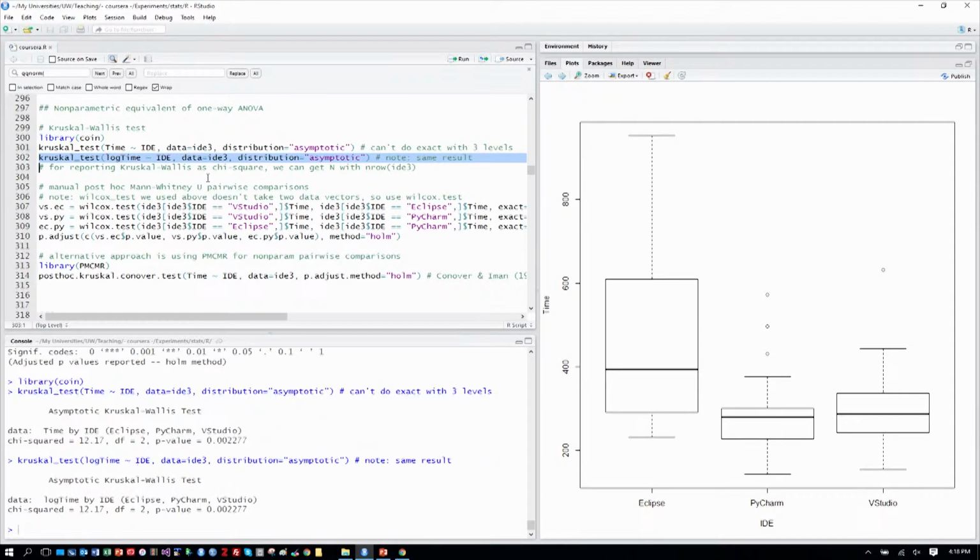Notice if we do it on log time, we get the same result because it's a rank-based test, as we explained previously. These are reported as chi-squared tests. You can get the n, which goes into how you report a chi-squared, if you recall from our discussion previously, with the n-row command. So we're entitled to follow up with post hoc pairwise comparisons, and we can, like we've